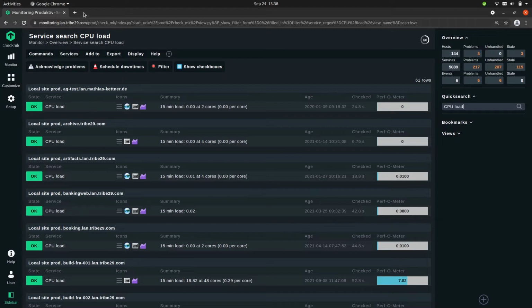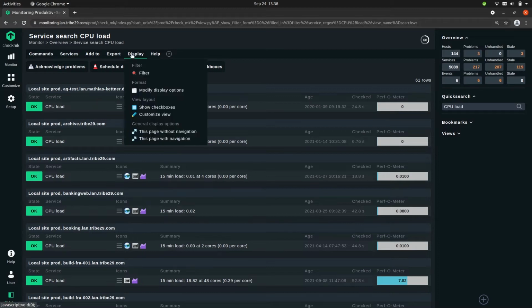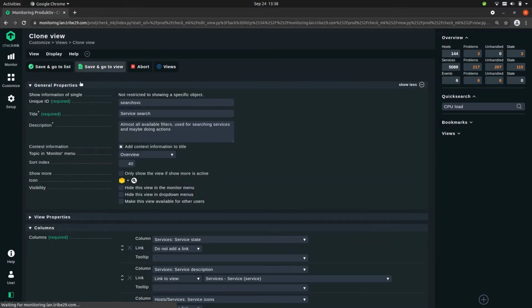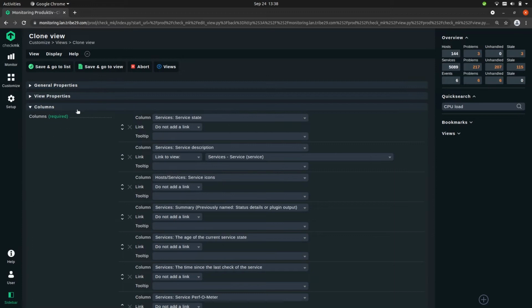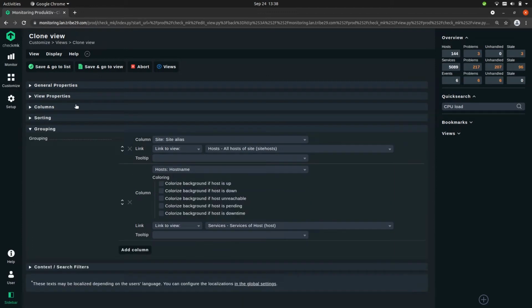So what we do now is we go to Display and then click on Customize View. Okay, let me collapse this. Okay, here under Grouping, you see how all the search results are grouped. So they are grouped by host name and instance, so CheckMK site.